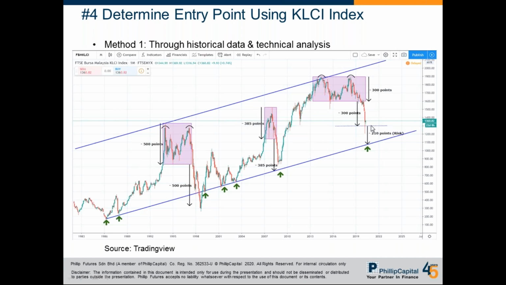If it breaks down and goes back up, you may try to monitor chances to enter using the MA line or higher high, higher low on a smaller time frame. These are all methods to judge a trend. But if it breaks below this level, probably you can exit and wait somewhere here as a trader. At least you have a guideline where the bottom for the index can be.